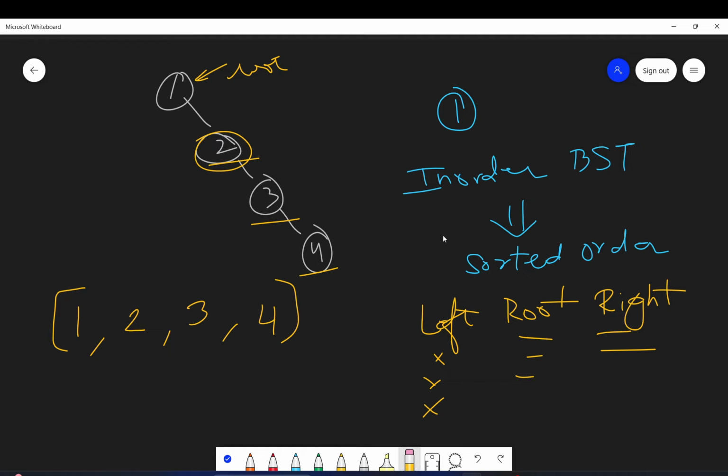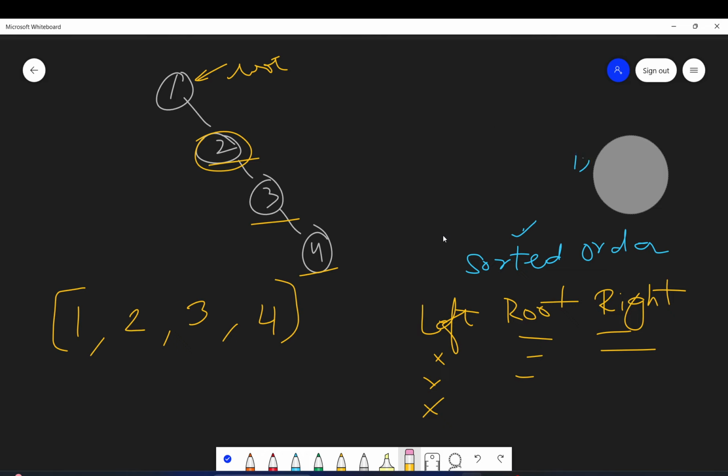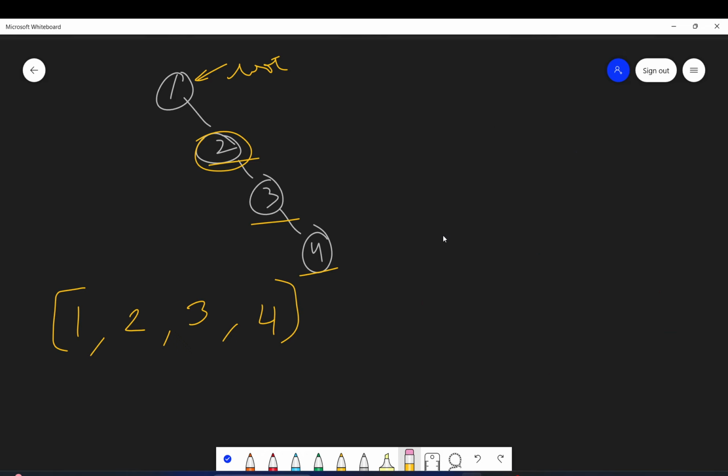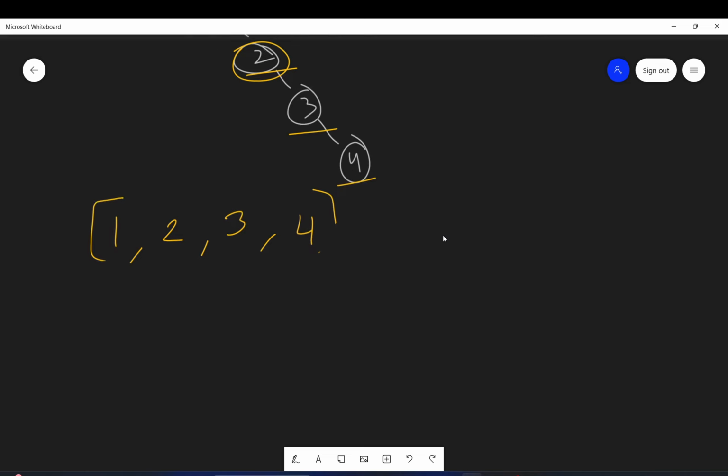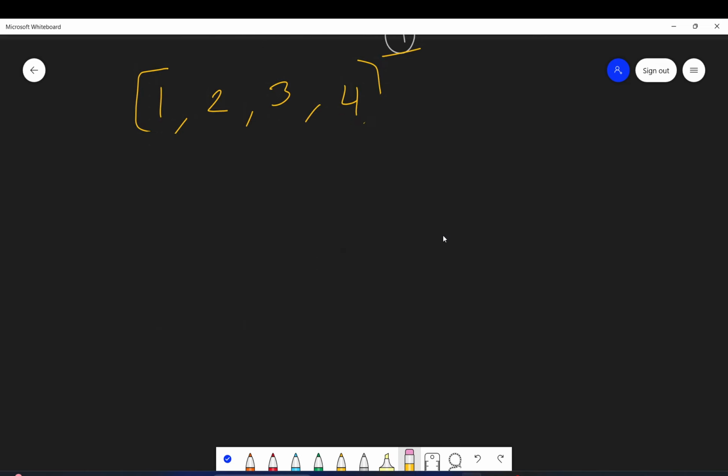All right. So once you have got your in-order traversal, from this array we can convert to our balanced binary search tree. How? Let's understand. I'm going to just basically write it, I'll scroll it down. So we have this array, which is in sorted order.